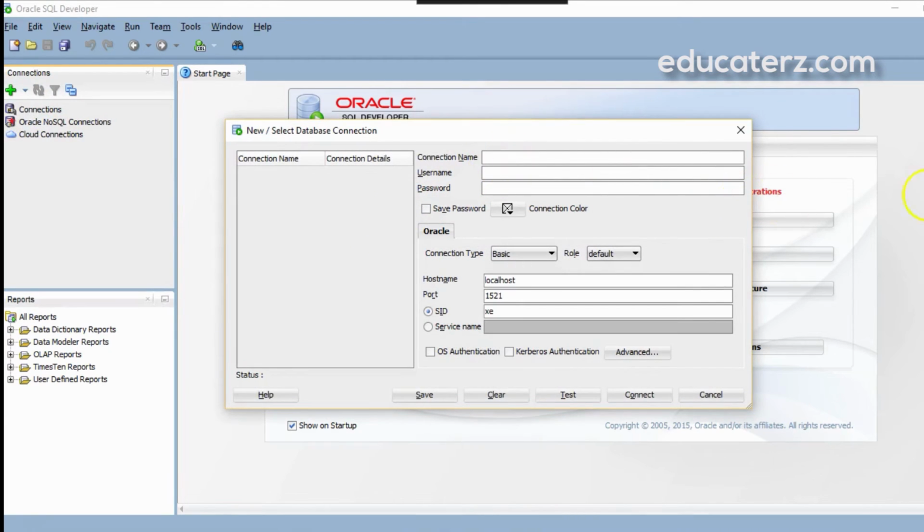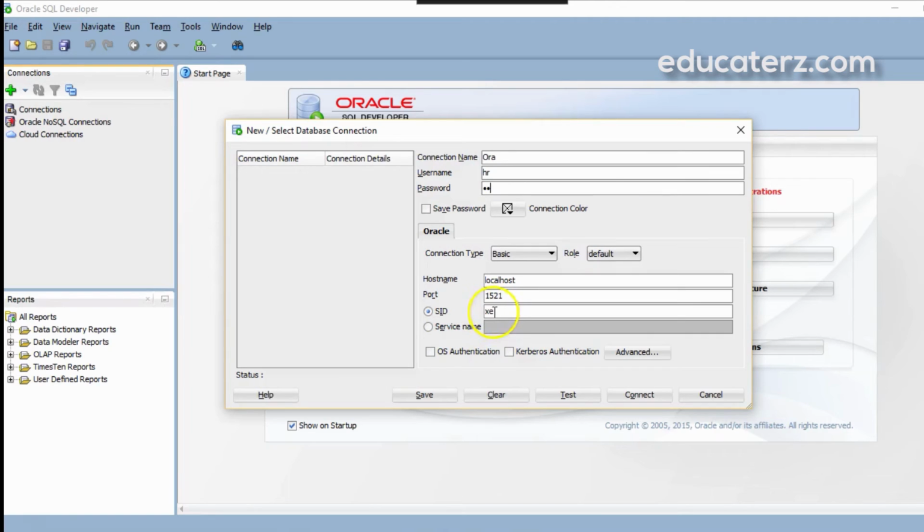Connection name: you are connecting to the Oracle database, so simply you can say Ora. For the username, there is a built-in user already installed. When you install Oracle 11g Express Edition, a user is automatically created and a set of tables is installed with data. So you can make use of that database, all those tables, and that user. You can log in as HR. So I just type in HR, and the password is also HR.